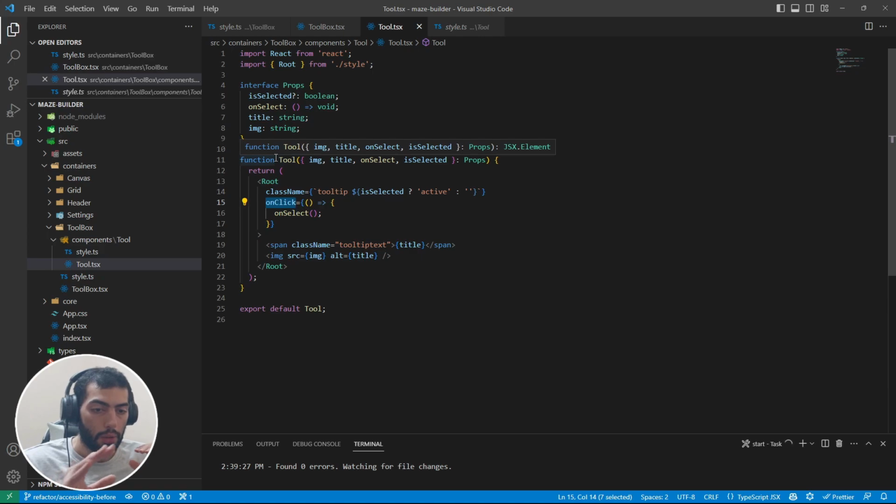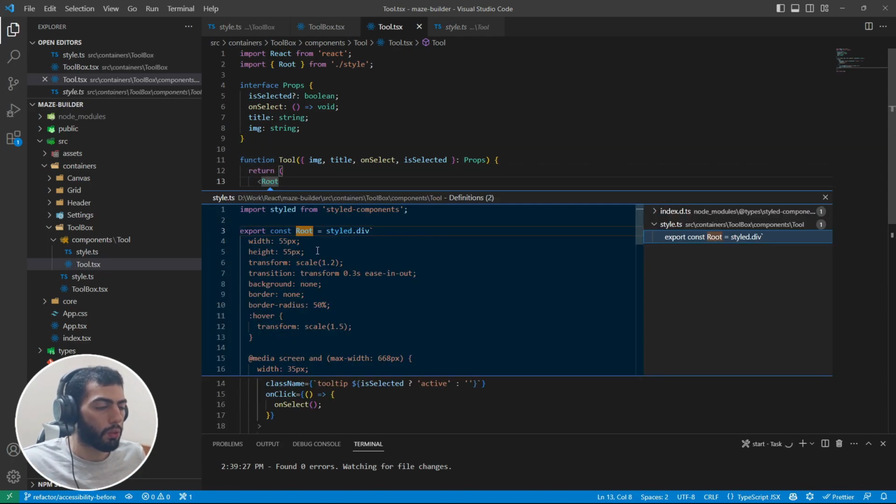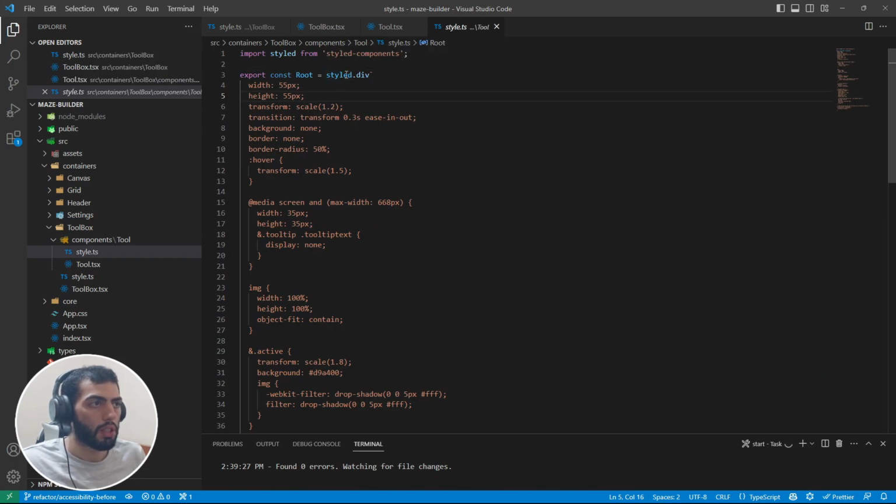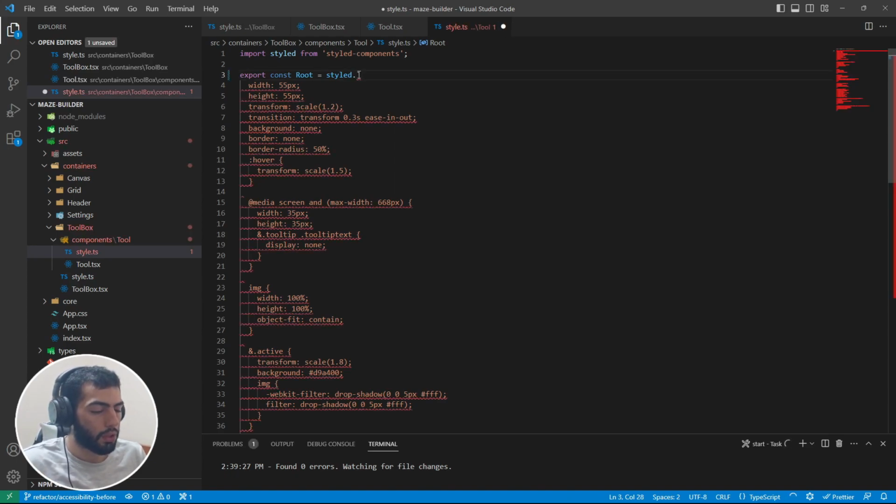So yeah, most of the times when you have something that is clickable, try to make it a native HTML button. Don't use a div or any other non-clickable element. So the fix for here is just go to the root component. Now here, with styled components, whenever you want to create a styled component, you call styled dot and some HTML element. Here we are using div. If we just turn it into a button,